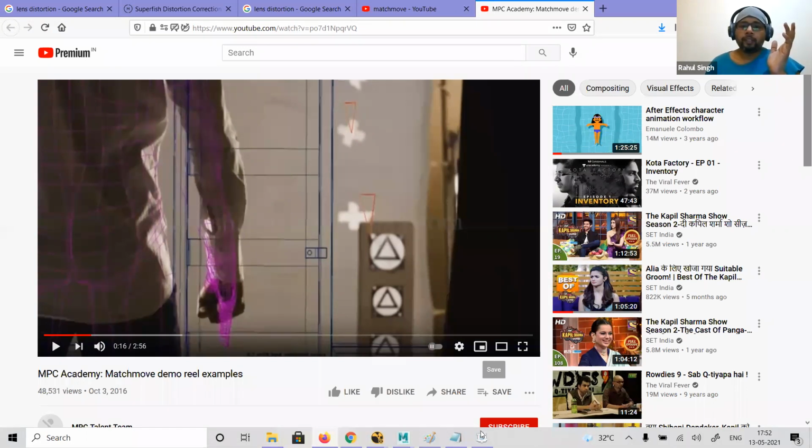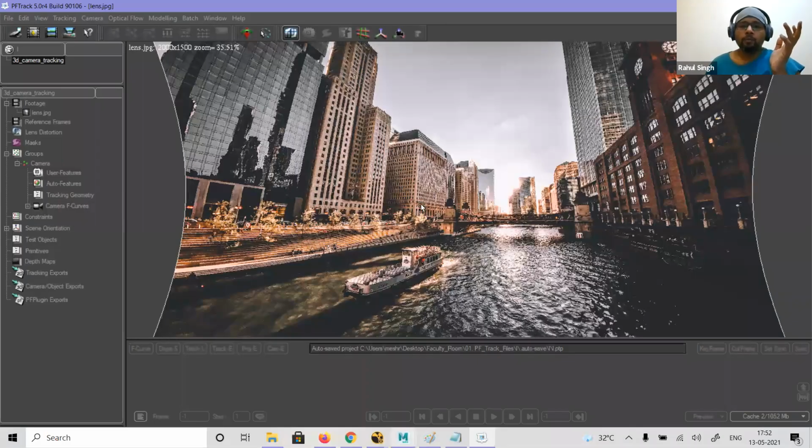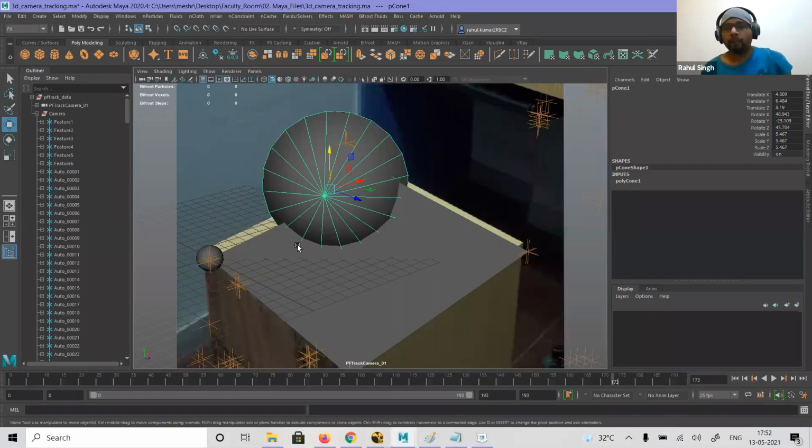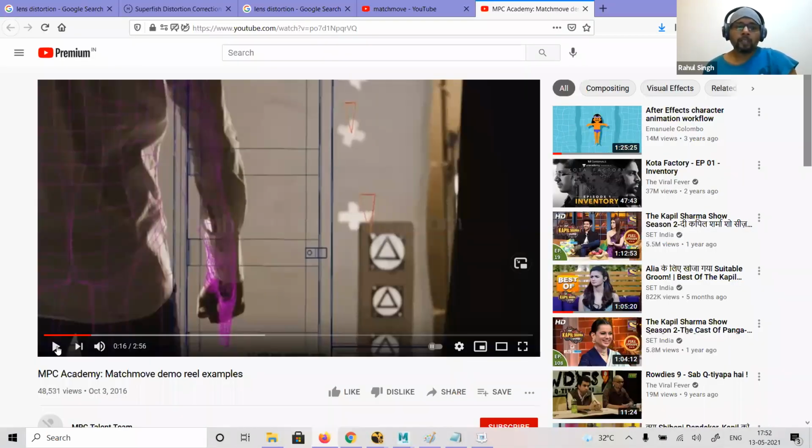Suppose in this particular footage it was not required, but when we want to do that, instead of a plane, they'll create a full object here, because if you create a full object, you will get it much better. And they'll create a wall also, because the light which is coming from up is fine, but if the light is changed, the shadow will reflect there, and then that has to be shown here. So if you have something, only then that shadow will be there. That is why they sometimes create the dummy objects.